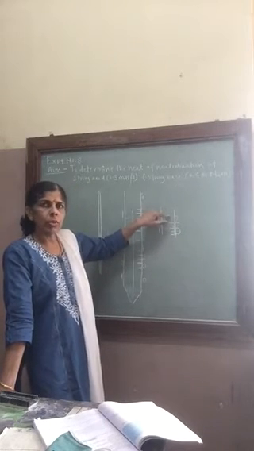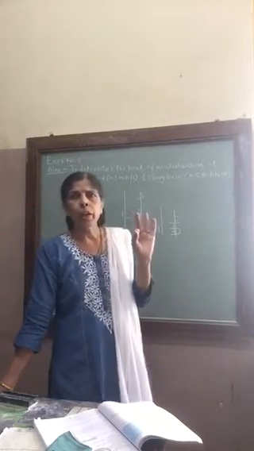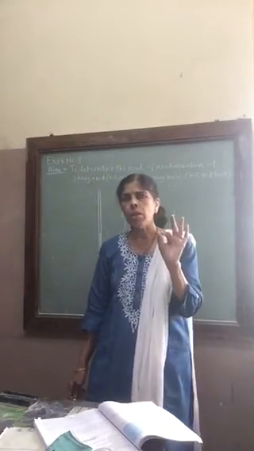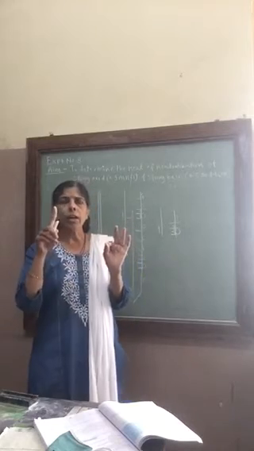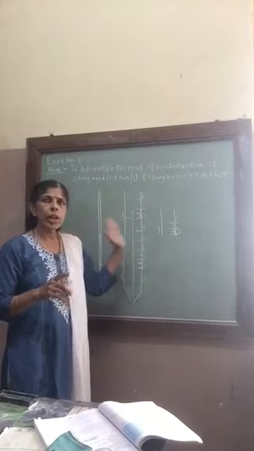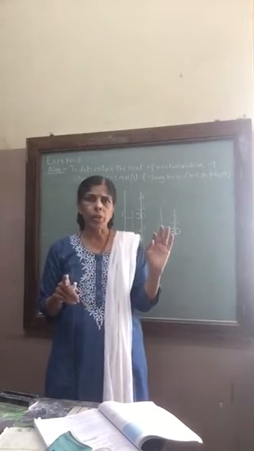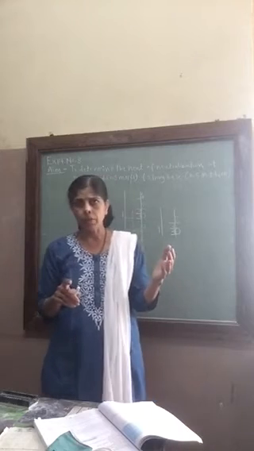Between 11 and 12 again we have 10 lines. Each line corresponds to 0.1 degree. And you have to see very carefully the red colored line, the mercury, as it is rising, to which line it is touching. Accordingly you are going to note down the temperature, and then determine delta T.